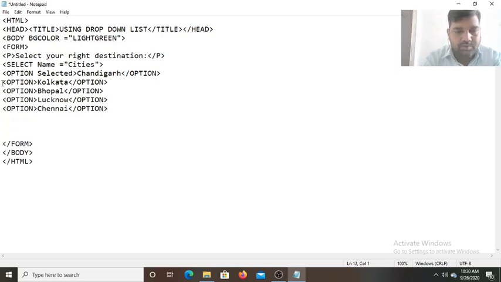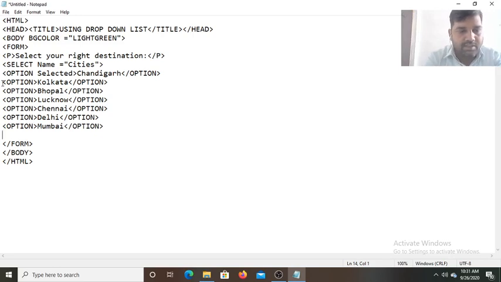Okay, now control plus V, another option we can provide here, after Chennai we can write Delhi. And after that we need to provide another option, there we can write Mumbai.